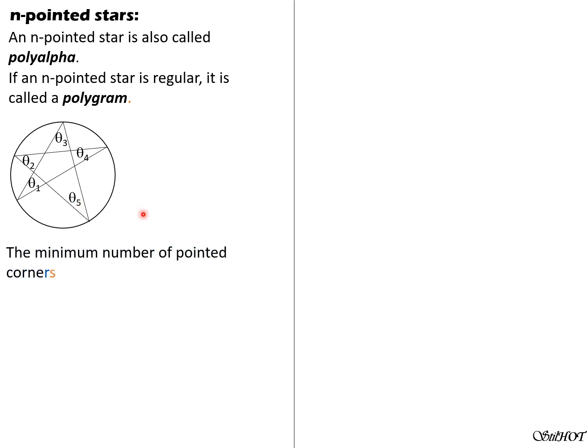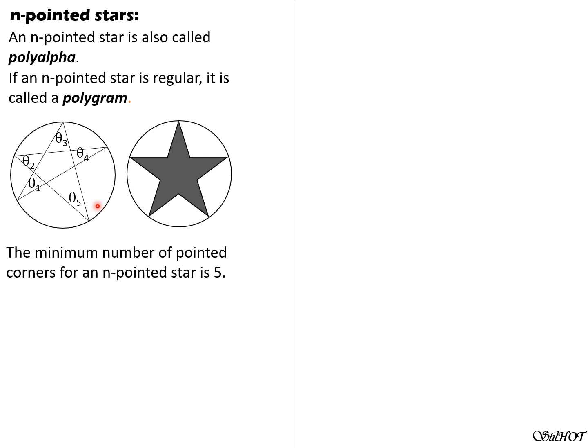Then for the regular n-pointed star, each interior angle would be called theta. We must know the sum of the interior angles so that we can derive this theta for regular